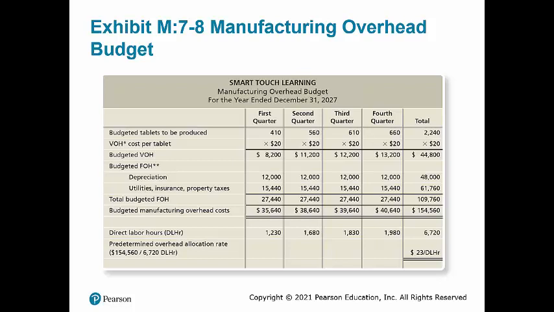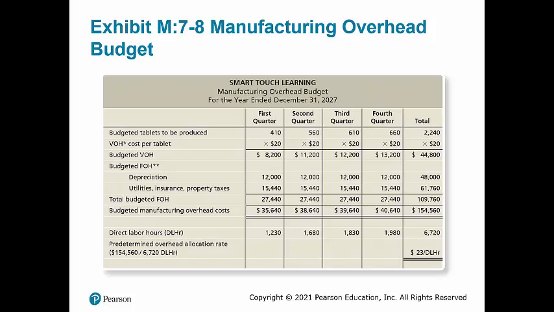Then we go back and add our budgeted variable overhead costs to our budgeted fixed overhead cost and get a budgeted manufacturing overhead cost for each quarter and then a total for the year. So when we go to the total column, we can see that the budgeted manufacturing overhead cost for the year, both variable and fixed, is $154,560. That is going to be the numerator in the predetermined overhead allocation rate,